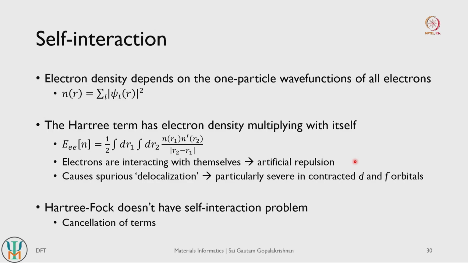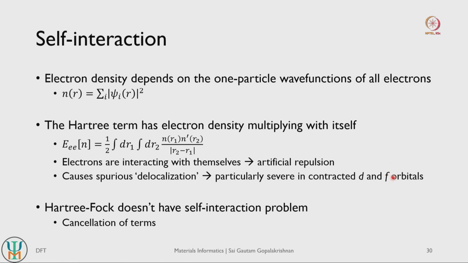orbitals. But the d orbitals are smaller, which implies electrons in reality will occupy smaller regions of space amongst the different d orbitals. But because of this spurious electron-electron repulsion term, electrons will now delocalize and they will not occupy the smaller regions of space representing your d and f orbitals. And if they are not occupying the correct orbitals, then you basically have an incorrect representation of your ground state, right. And that is the problem of using regular density functional theory calculations for representing transition metal or f block based compounds, such as iron oxide, nickel oxides and so on.